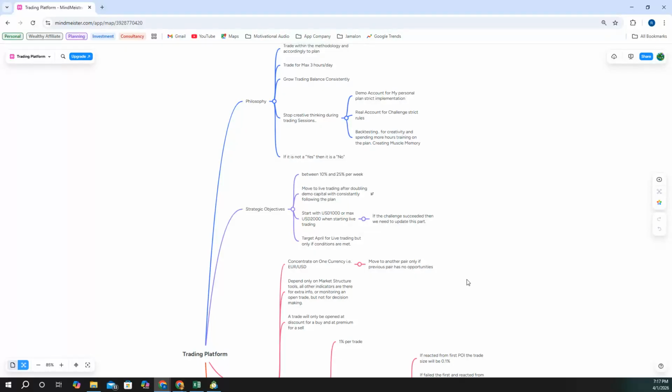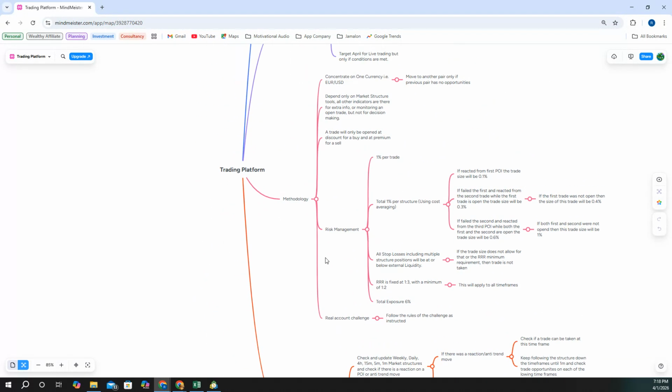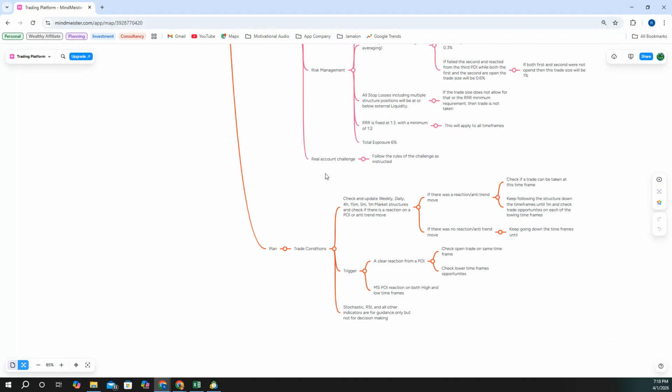Now what I need to do is not an adjustment. It's a total makeover of all this, from philosophy to the plan. It's going to be changed. So the strategy here includes the risk management rules also, which also will change dramatically. All of this will be deleted. Okay, and then I will go into the plan, and the plan will describe what I'm going to do with the market structure, how I'm going to take a trade, what will make me take a trade, etc. And this will be done